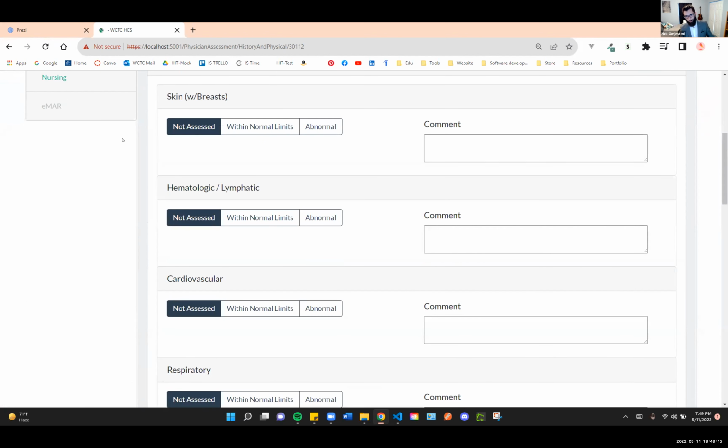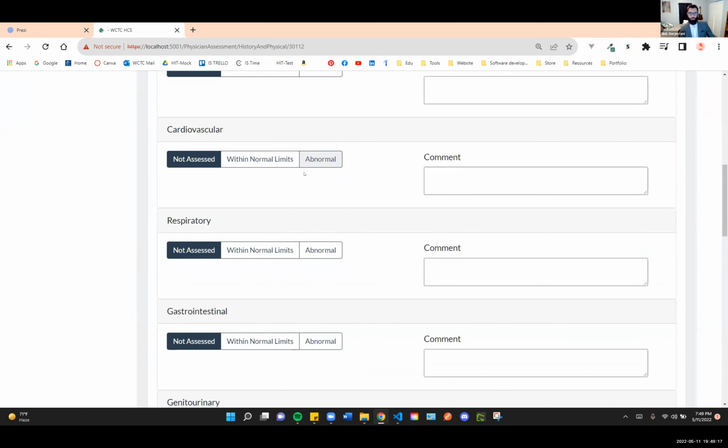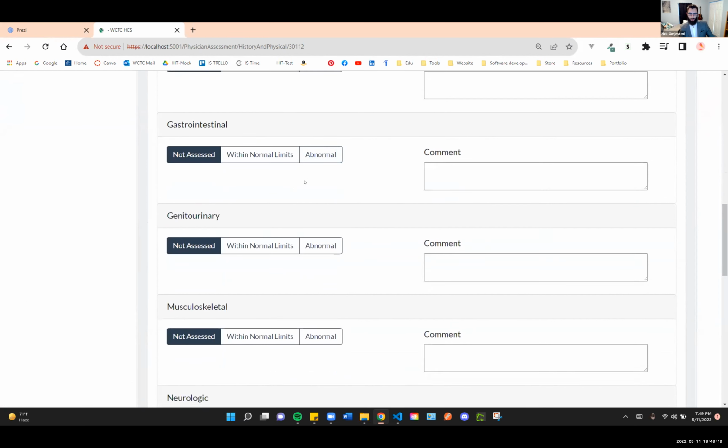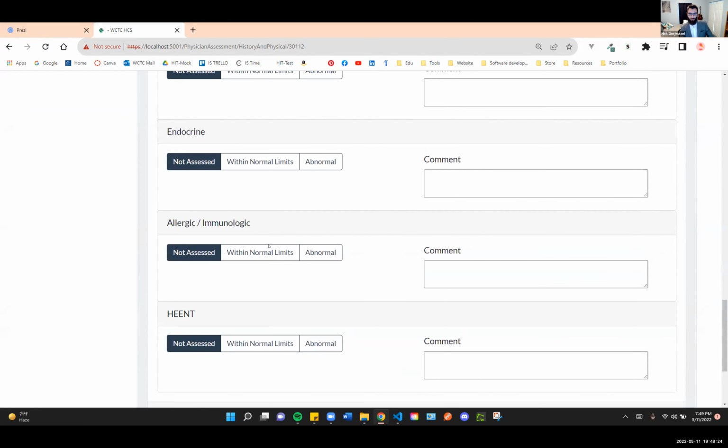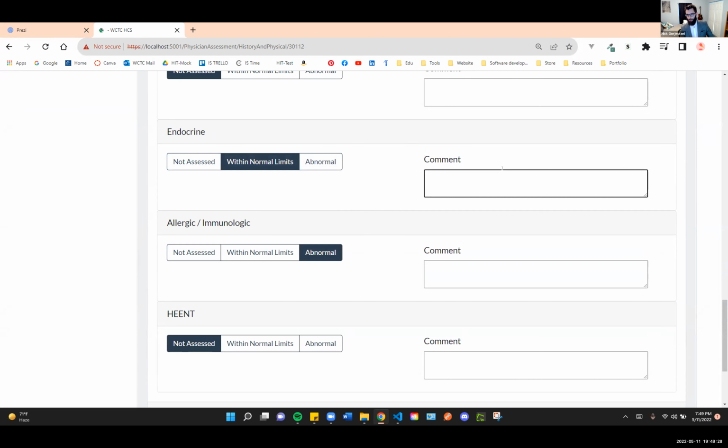The review of systems is a place where the review of the patient's systems can be stored. Everything can be marked as either not assessed, within normal limits, or abnormal. And if it is abnormal, there is an option to add a comment for that as well. And then